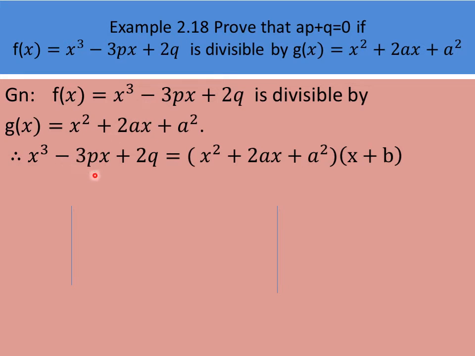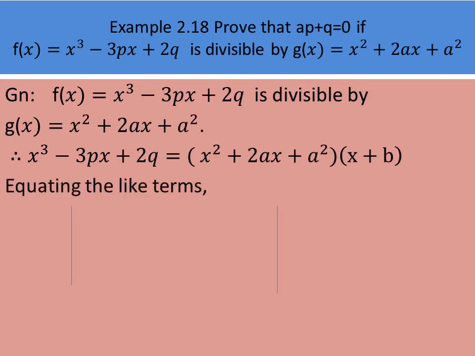x cube minus 3px plus 2q is equal to, this will be one of the factors. Okay, since it is divisible by this value, this is one of the factors. The other factor you have to find out. You see in the left hand side, the highest degree is what? 3, isn't it? And here for this factor, the highest degree is 2. So for the next factor, the highest degree will be 1. And how we can find that factor is, you divide this highest degree by this highest degree. So x cube divided by x square means it is x. Write that x term. Then only the constant term we will get, isn't it? So simply you put plus b. This b we will find out.